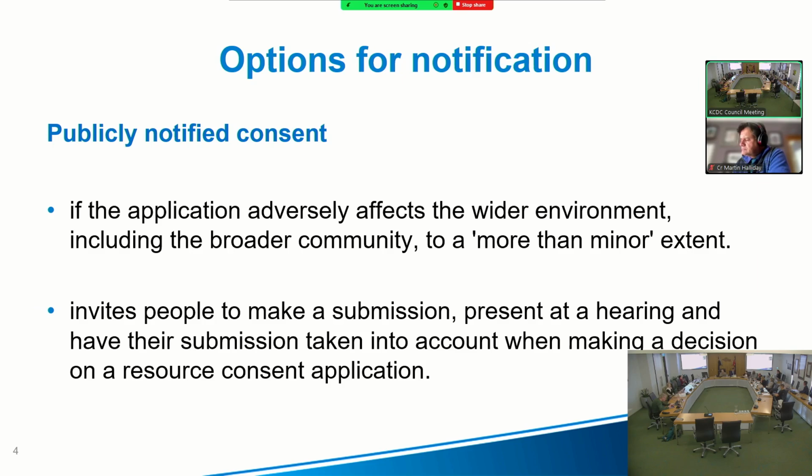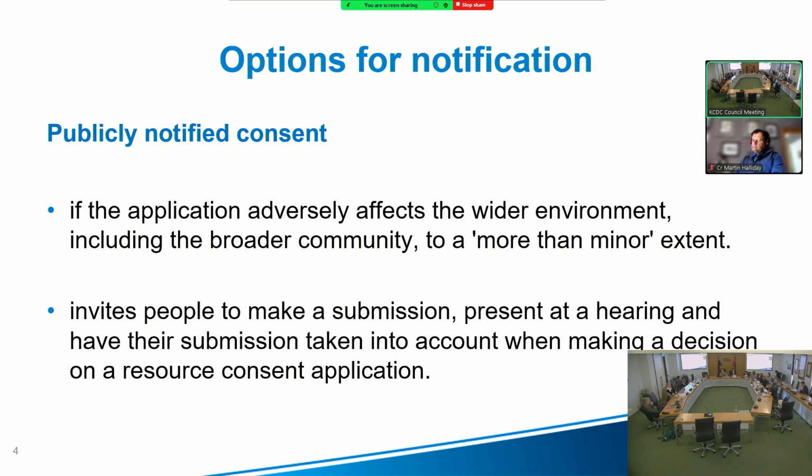So when we receive an application, we would be looking at getting advice from experts in the field. For example, if it is a consent where there are potentially effects that could affect transport routes, or it could be something where natural hazards, yeah, that's a good example. If those effects are there and there's a risk of it being more than minor, we would get the experts in to provide us with that advice.